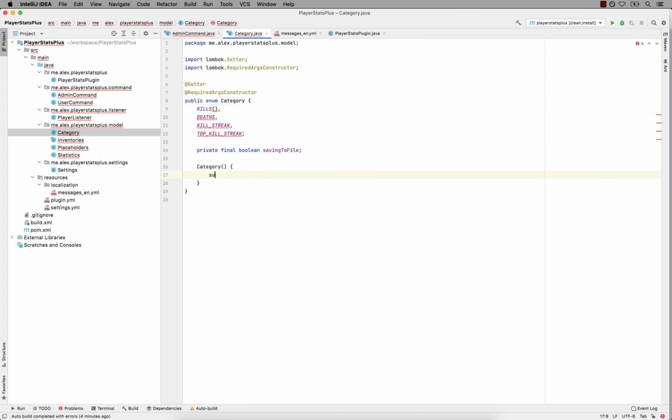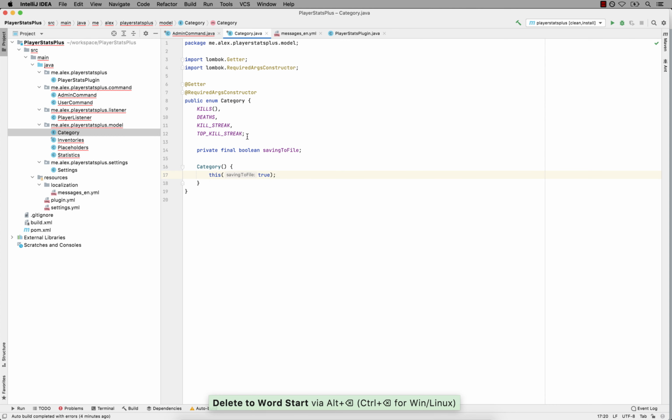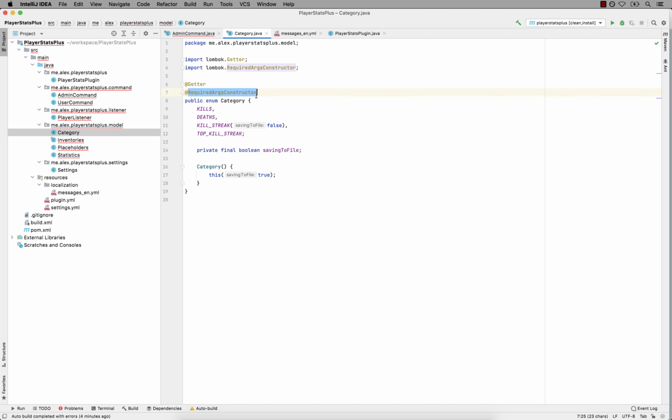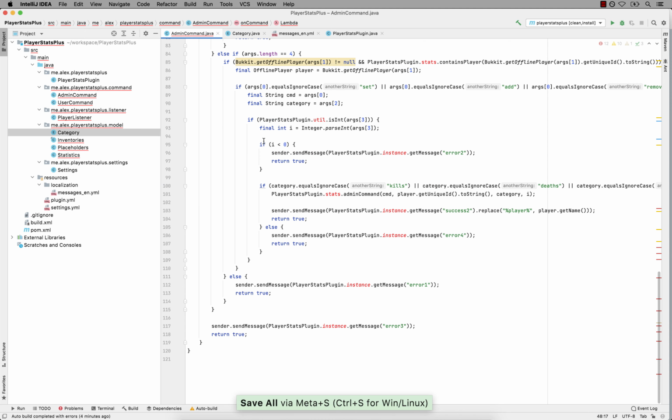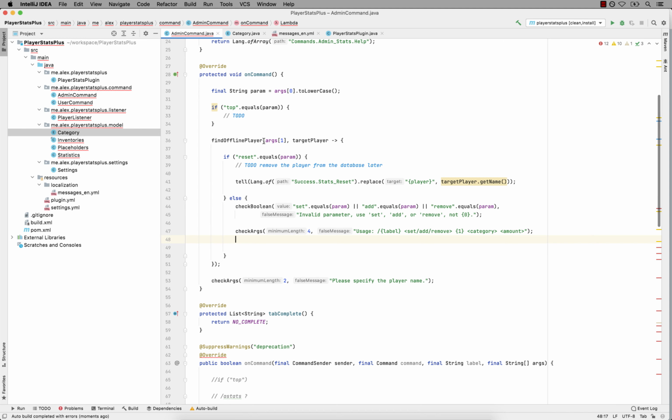Okay, let's just make a default category, and this will save it to the file if I don't specify something. So the only thing we can specify here is false, and this is going to call the other constructor, and these 3 constructors are going to be the default one, which is going to save to the file. And then we can go into the admin command, and let me just open it on my other screen as well. And then we can just get the category,